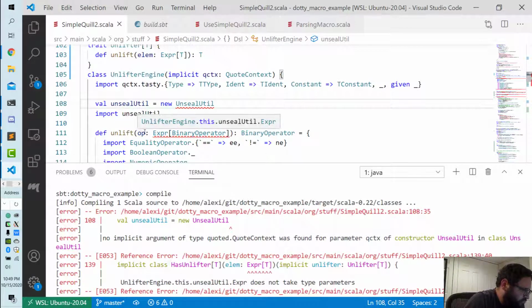No implicit type quote context. What happened here? Unlifter engine has unlifter element of